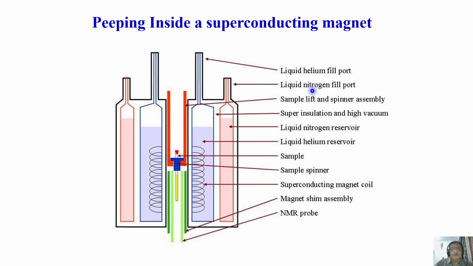And look at this. If I peep inside more and more, this is a liquid helium filling port. Go to the NMR lab, you see a huge cylindrical material standing there. That is a superconducting magnet. You have several ports like this. This is for liquid helium filling. This is for liquid nitrogen filling. We have an RF coil here. This is a sample holder, and then the sample is put inside it. This is a probe. This is the coil. Superconducting coil is here. It is dipped in the liquid helium chamber, and this is the liquid nitrogen chamber.